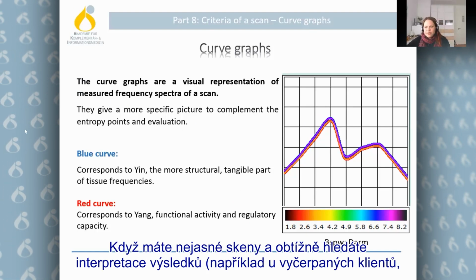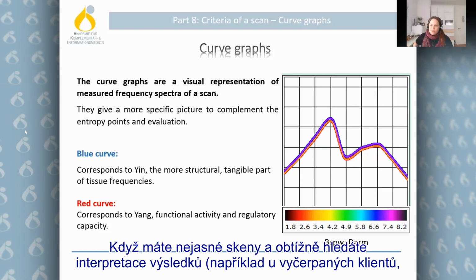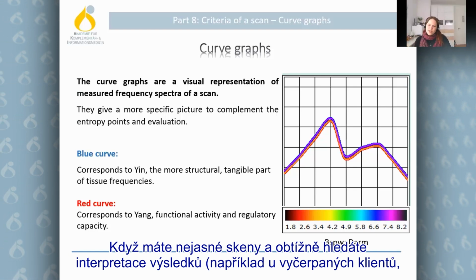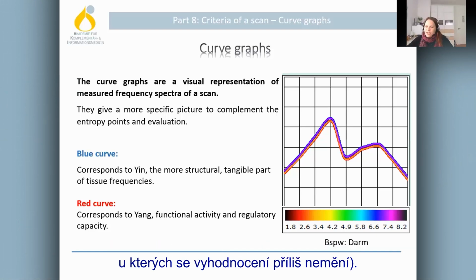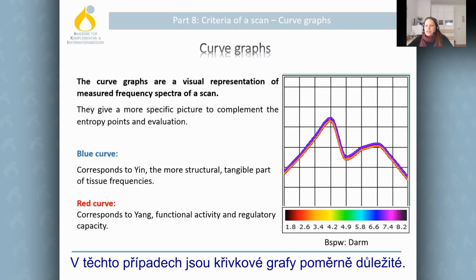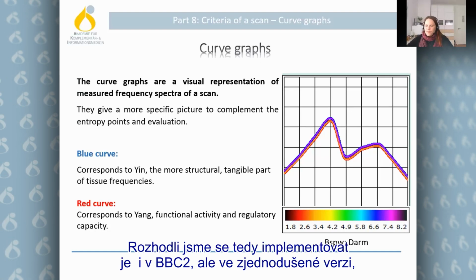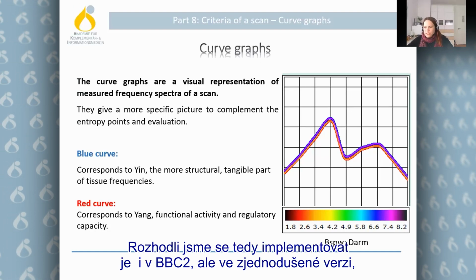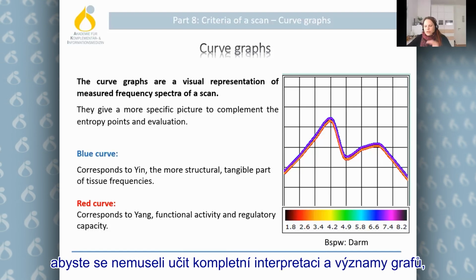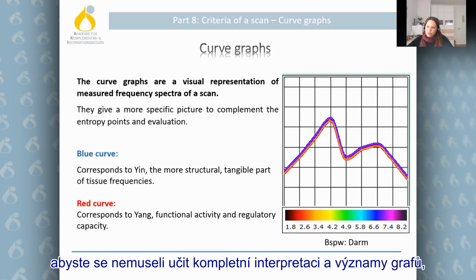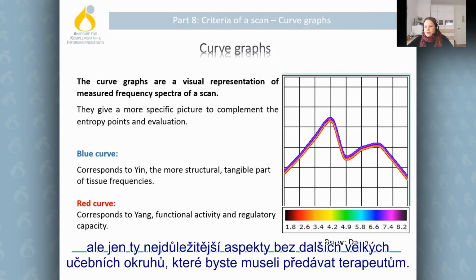And when we have strange scans where you really need to find answers, like when you have an exhaustive page and the scan evaluation doesn't change really much, this is one part where the curve graphs are really important. So we decided to bring it to the BBC2 as well, but in a short version, so that you don't have to learn the full graph interpretation, but to learn the most important aspects without having another big learning field